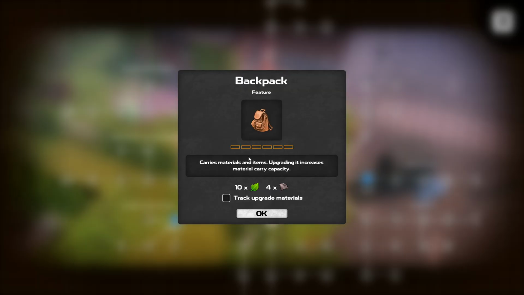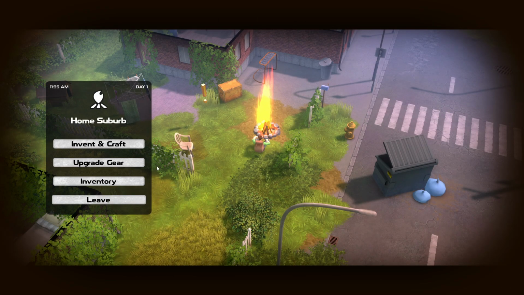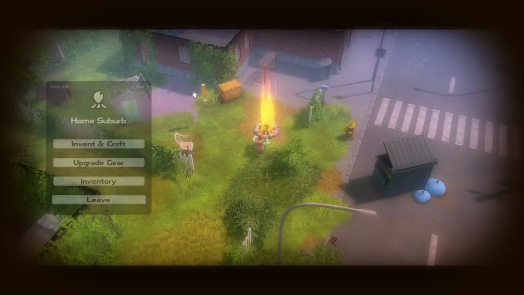And then many of these things can be upgraded. As you can see here, the backpack can be upgraded up to 6 times. Most of the things can be upgraded many times. So if we back out of here, we can go to upgrade gear. So right now we need 3 more plant matter to upgrade our backpack. And like I said, that's going to go from 5 to 6 slots and from 4 to 5 spaces per slot. So right now we can only carry 20 items. We'd be able to carry 30 items after that,